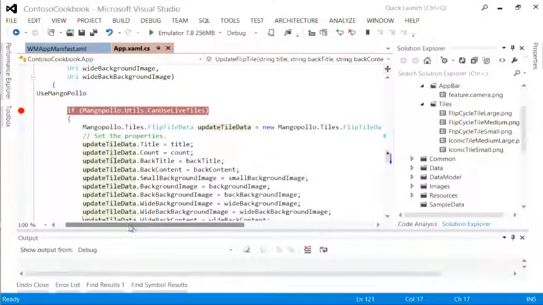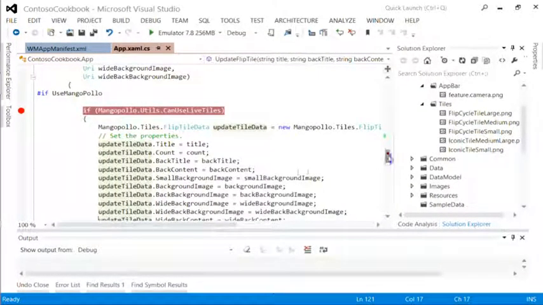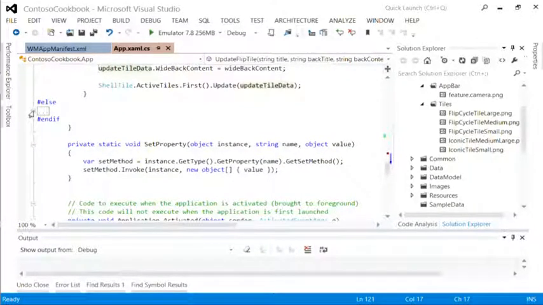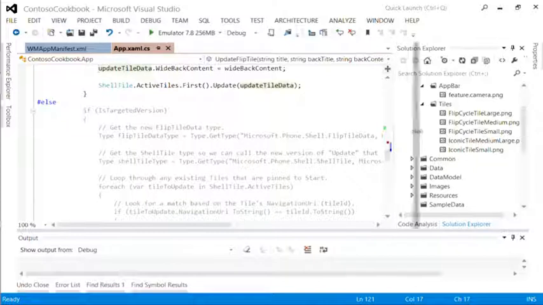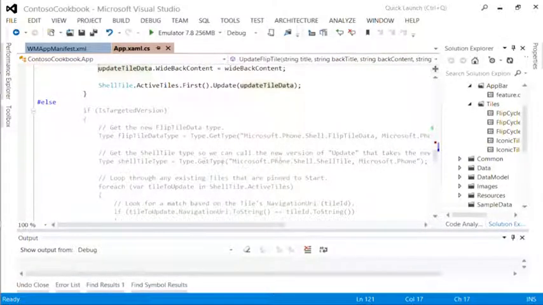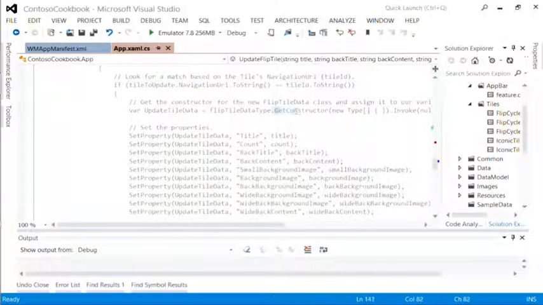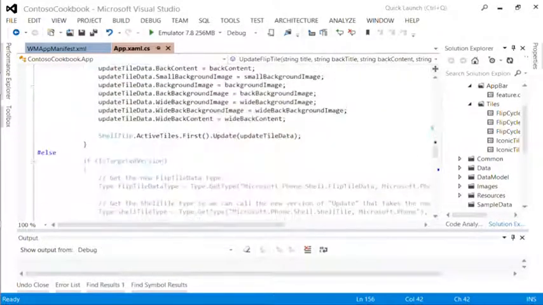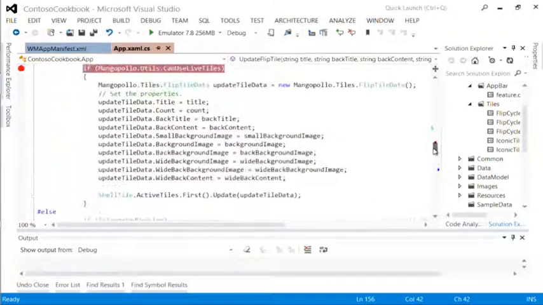I've also, in this sample, just for your interest, this is the clean way of doing it using Mango Polo, which is exactly the same as you would code it on Windows Phone 8. But I've actually got the reflection method in here. It's all grayed out because it's #if'd out. But you can see this is the kind of reflection you have to do. So it does work, but it's ugly code and error prone, and you have to get the constructor and set properties like this. So it's all kind of difficult. So Mango Polo is definitely the way to go. Instead of all that code below, you've got this nice clean code here. So anyway, that's the 7.1 making use of